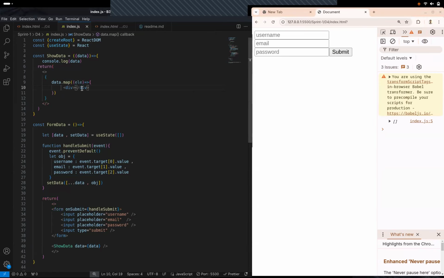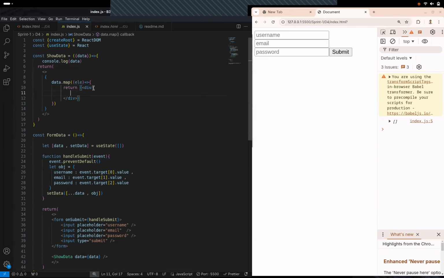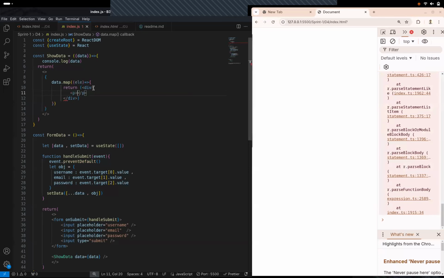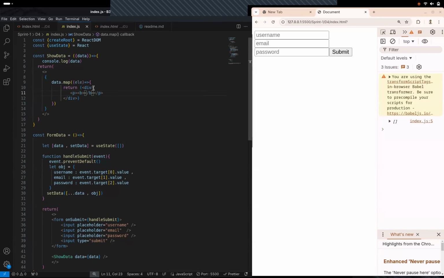I should create a div, separate div. But again, if it's HTML, it has to be returned. It has to be returned in this format. So I'll return. Right? Now over here, abhi we can start doing our stuff. Right? So I want p tag, right? In that I'll keep a b tag, and over here what I want